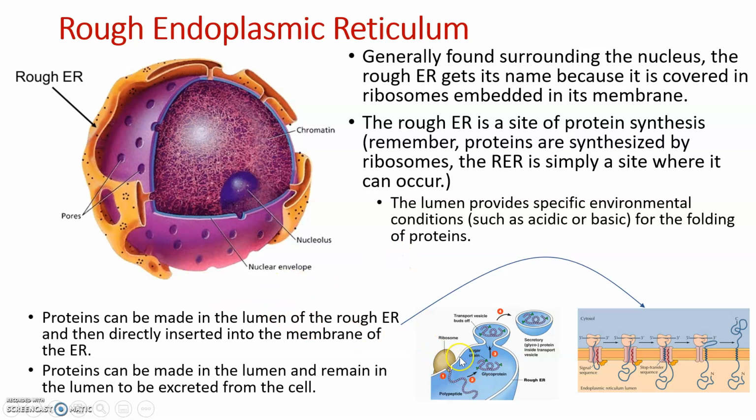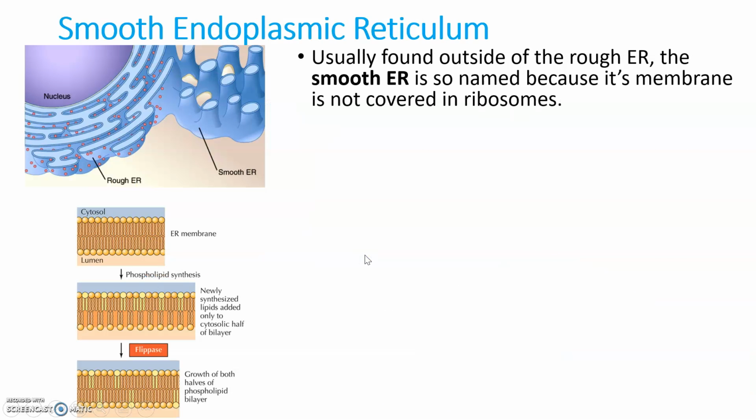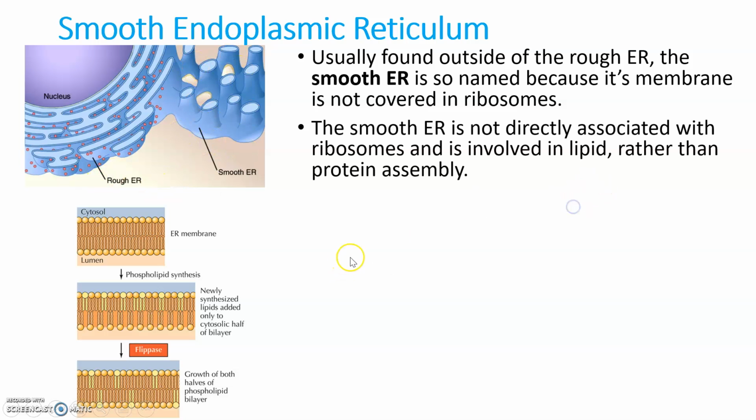Or proteins are sometimes just made in the lumen, and then the lumen buds off into a vesicle. We see that here, and now we've got proteins inside the vesicle, and we can do a lot of different things with those proteins. The smooth endoplasmic reticulum, usually found outside the rough endoplasmic reticulum, is called smooth because it